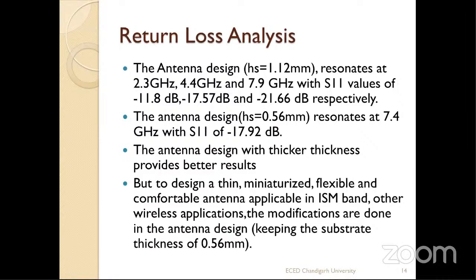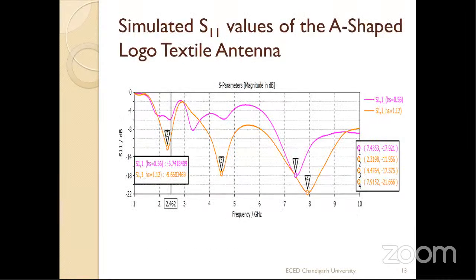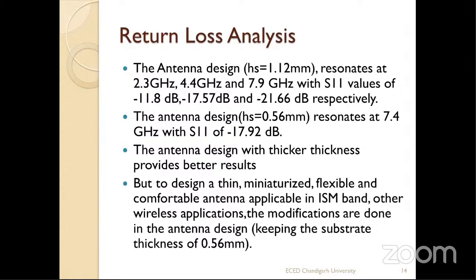So if we compare this S11 analysis for these two antennas, for HS equal to 1.12 mm, it resonates at 2.3, 4.4, and 7.5 gigahertz. So many resonant frequencies they are giving. These are multi-band antennas. With 0.56 mm, it resonates at 7.4 only. So if we have to design the antenna keeping in mind the 0.56 mm thickness only, then